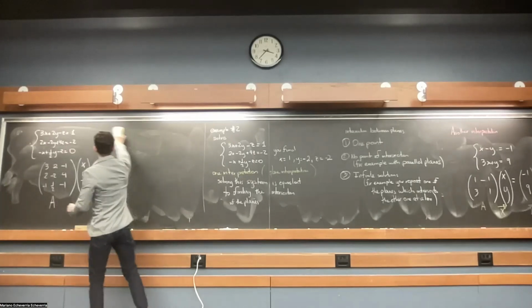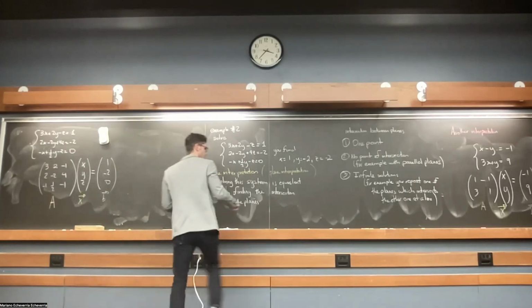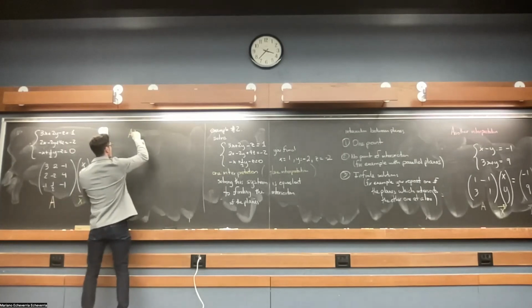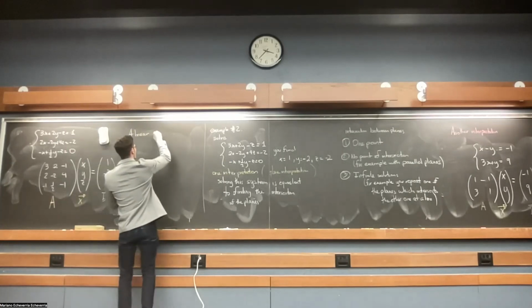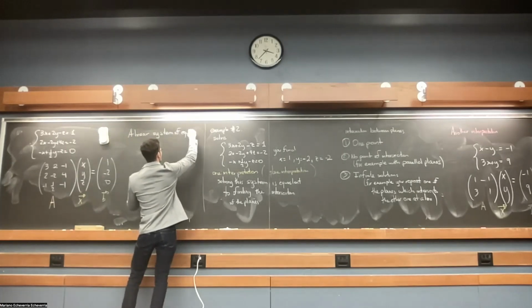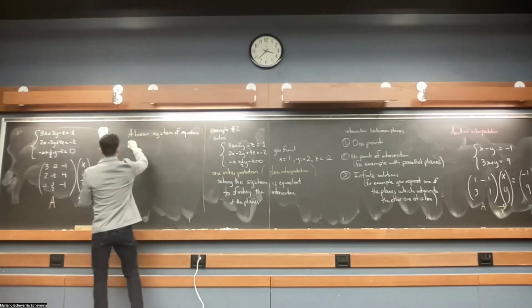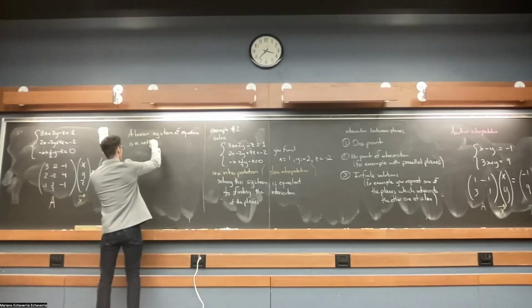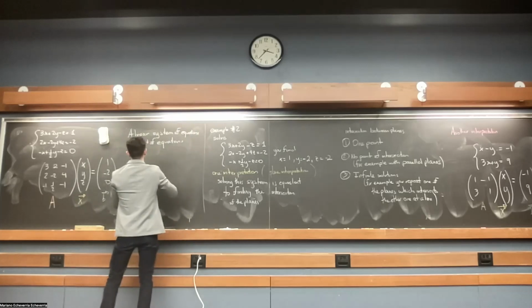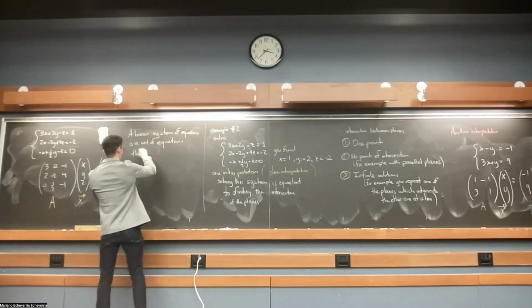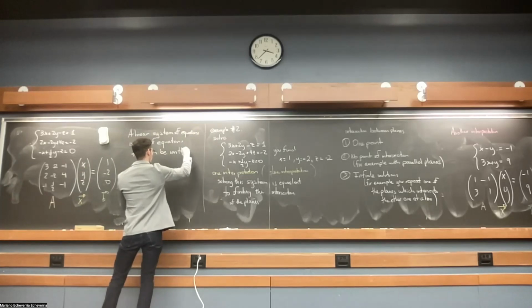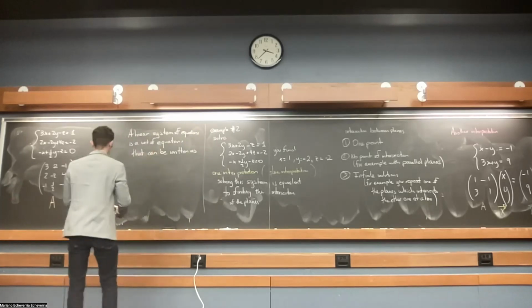For us, a linear system of equations is a set of equations that can be written as AX equals B,